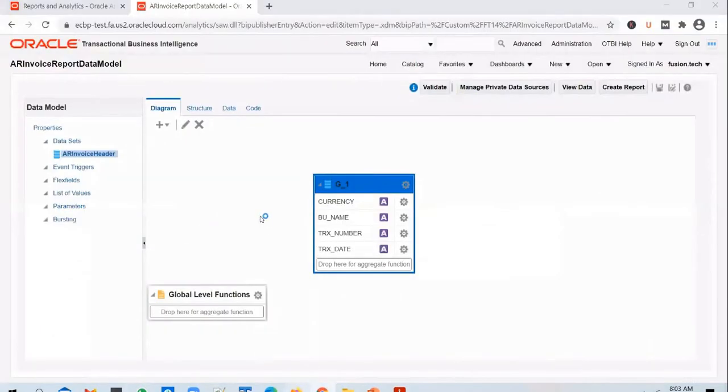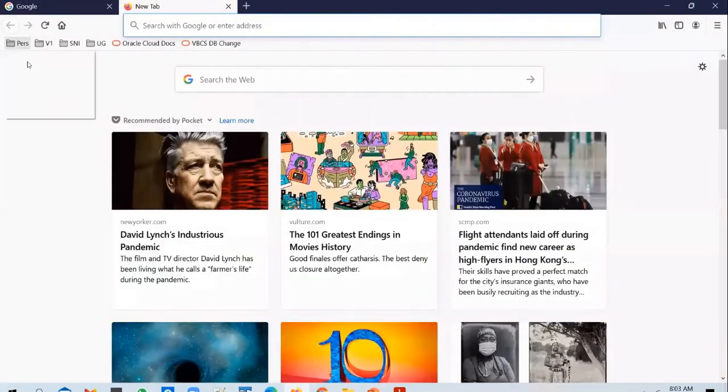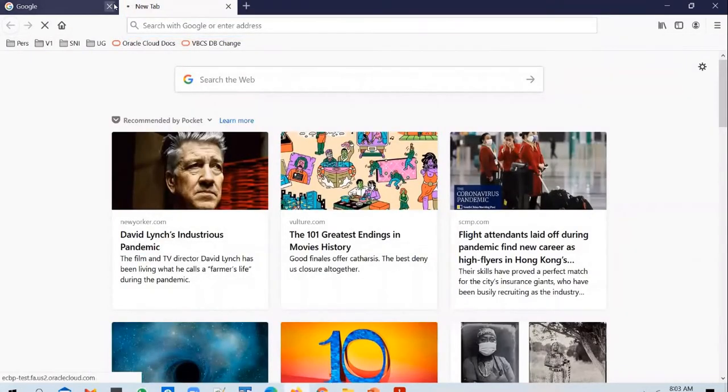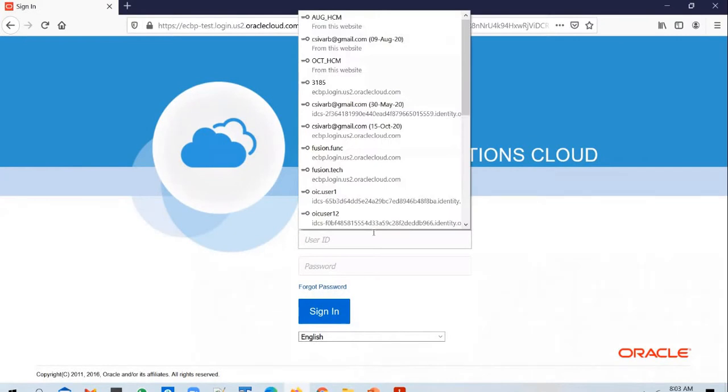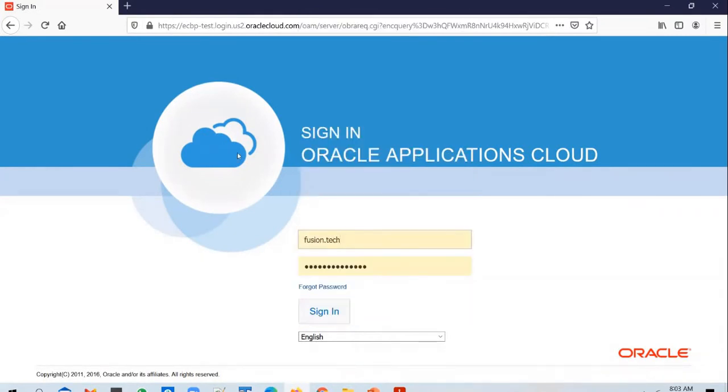Okay, to do that, let me open the invoice in the application. I want to open up the invoice and keep it open in this session.